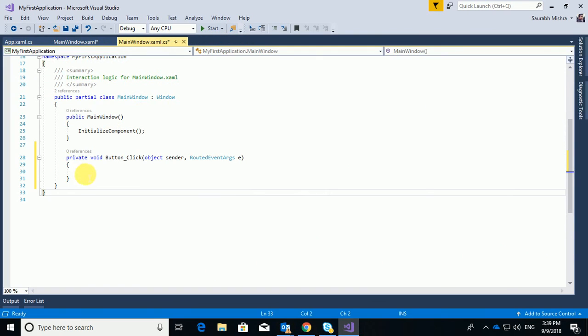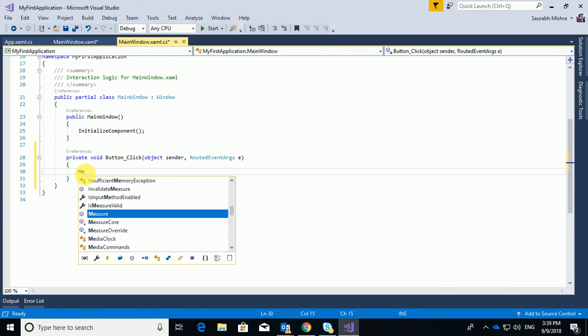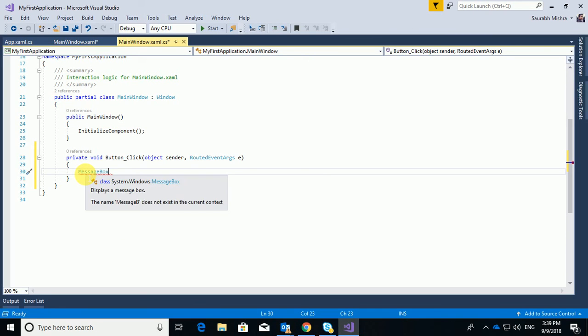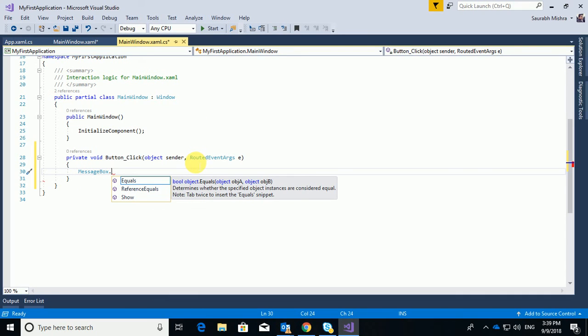So you can print here message box dot. So in C#, whenever we keep dot, we can actually see the methods defined within the class.